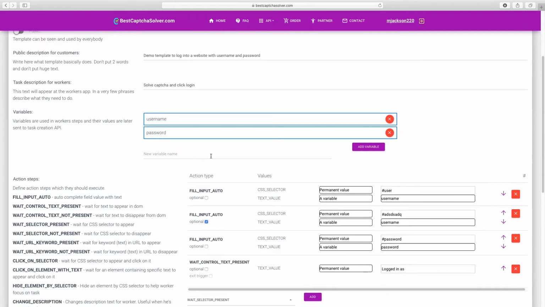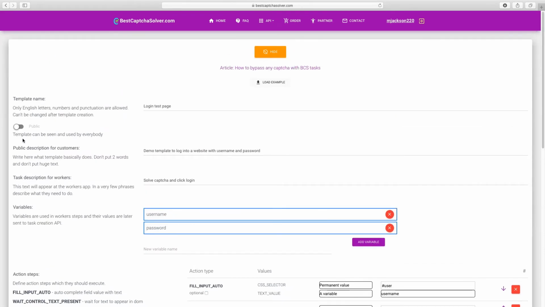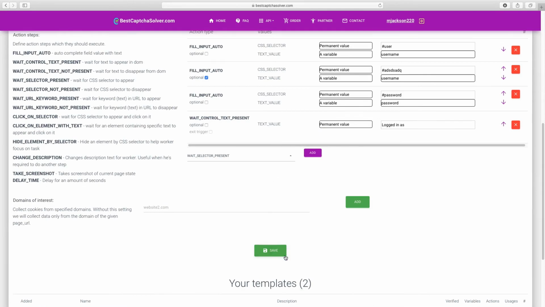and you can load them as well so that you already have it in the form. Now keep in mind, to add a template you can set it as public or private, and when you actually save it, it's gonna be verified by our team to see if it's a valid template and it's not anything illegal or whatnot, and then you will be able to use it after it was verified. Also for the template, you can add a list of domains of interest like this,